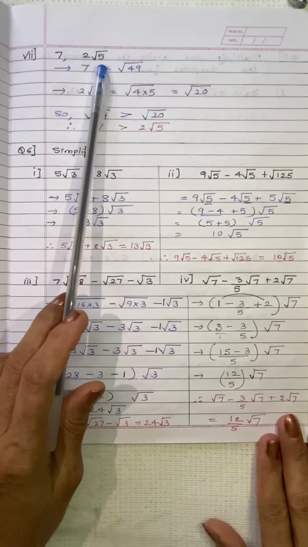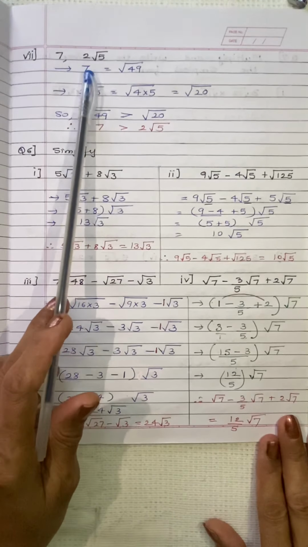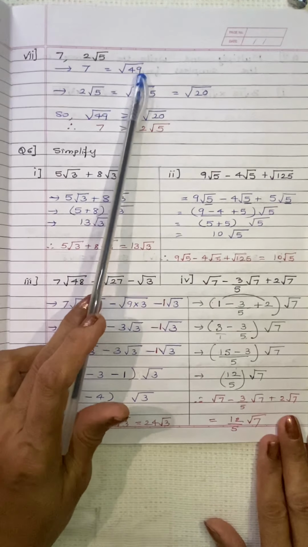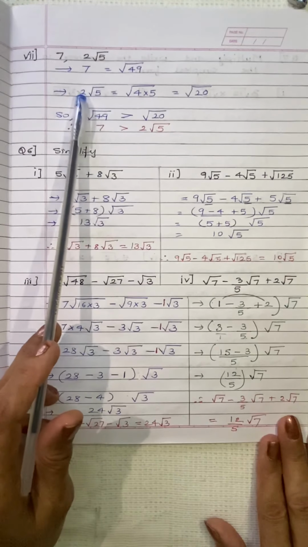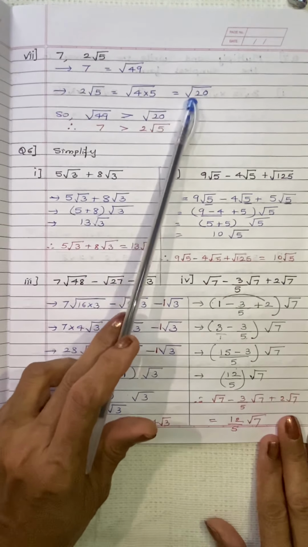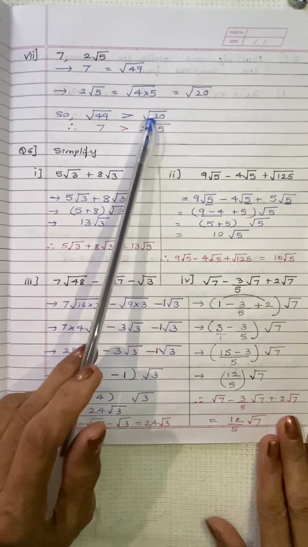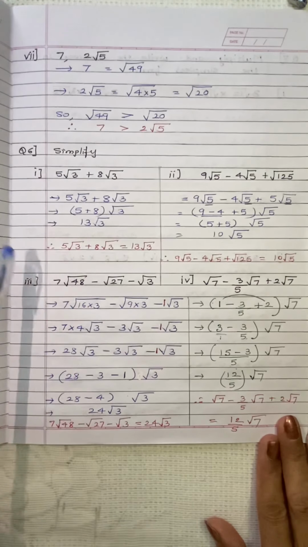Seven and 2 root 5. 7 square is 49, that is root 49, and 2 root 5 will be, 2 square is 4, 4 into 5 is 20. So root 49 is greater than root 20. Let's come to question number